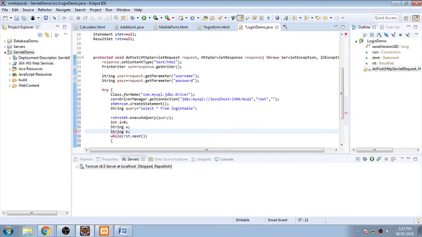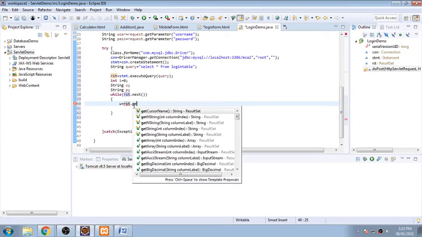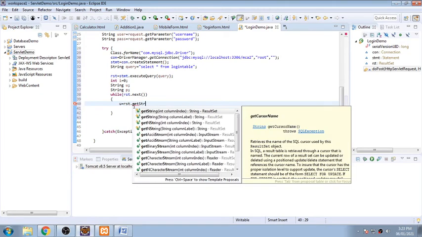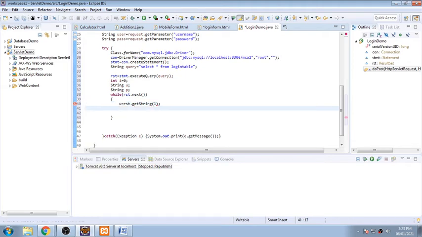So two variables I have declared, and I will be using them here. So u is equal to rst.getString column number 1. The first column will be maintaining the username, that will be stored in u, and p will be containing the result set second column value.